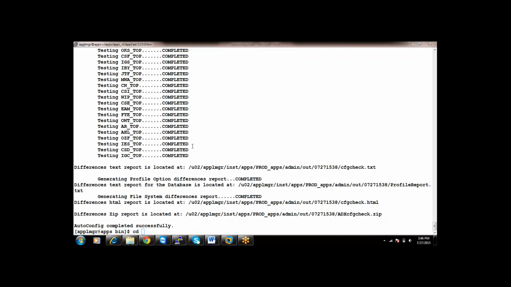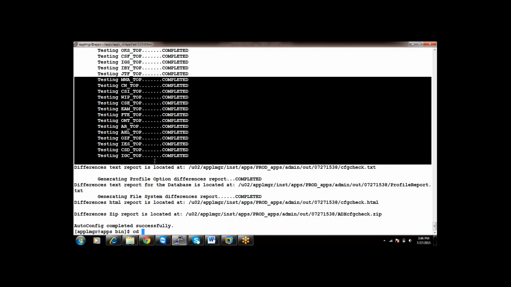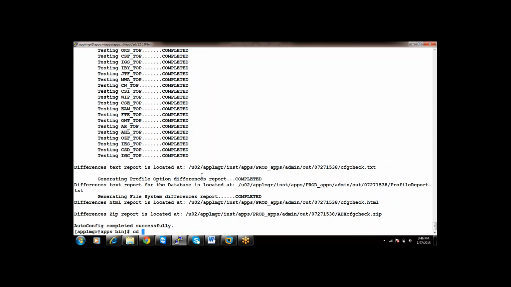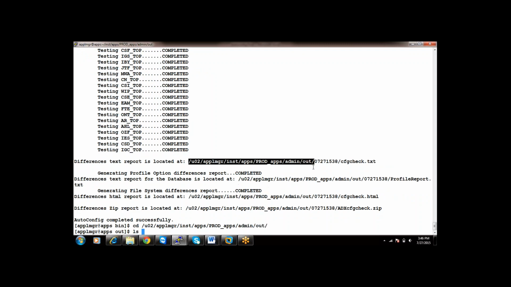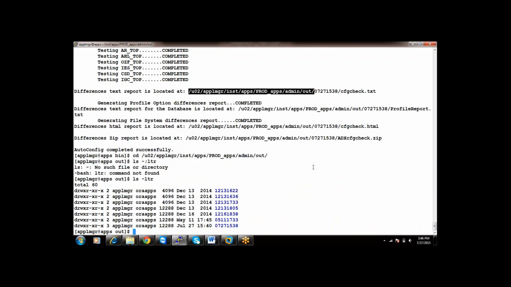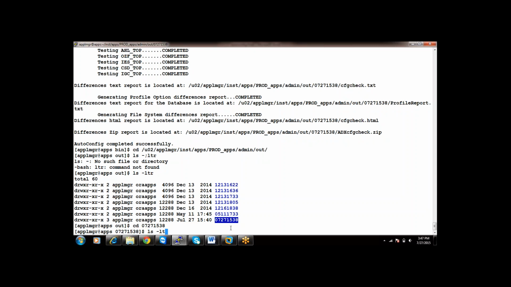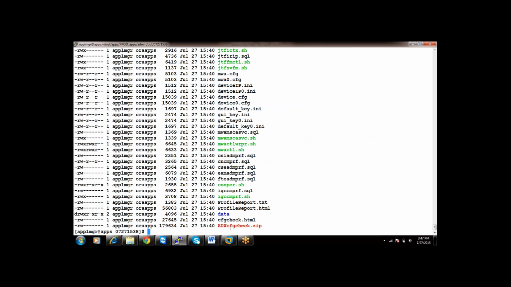After running autoconfig in check mode, it has been completed. What it has done is generate a report in HTML. So go to this location. The report name will be month, date, time; it is 3:30 right now when we ran that utility. Under this you will see a couple of HTML and multiple files. These are all the output files.